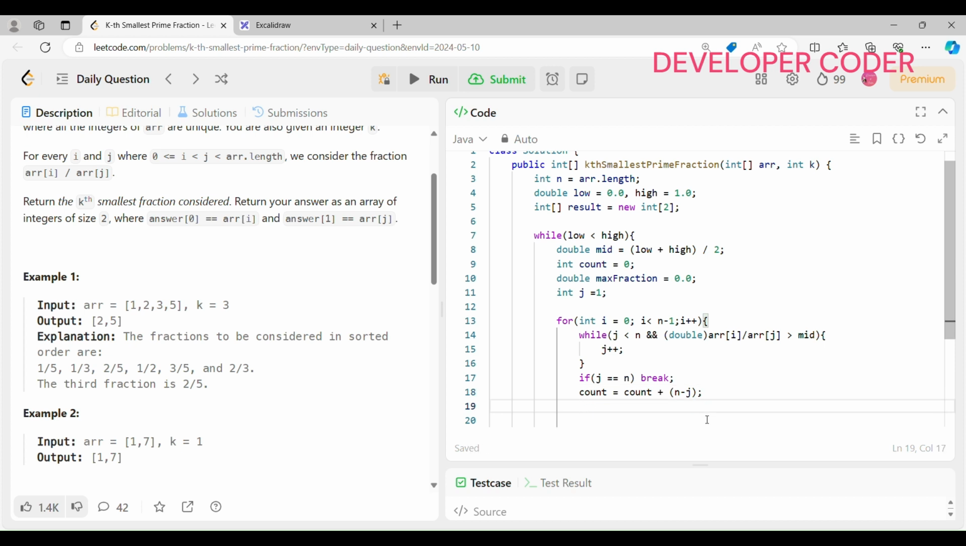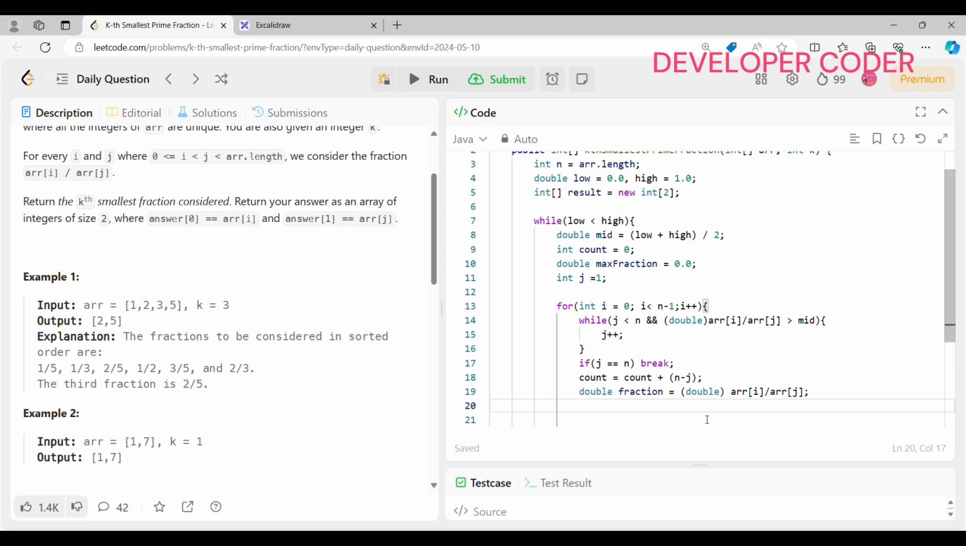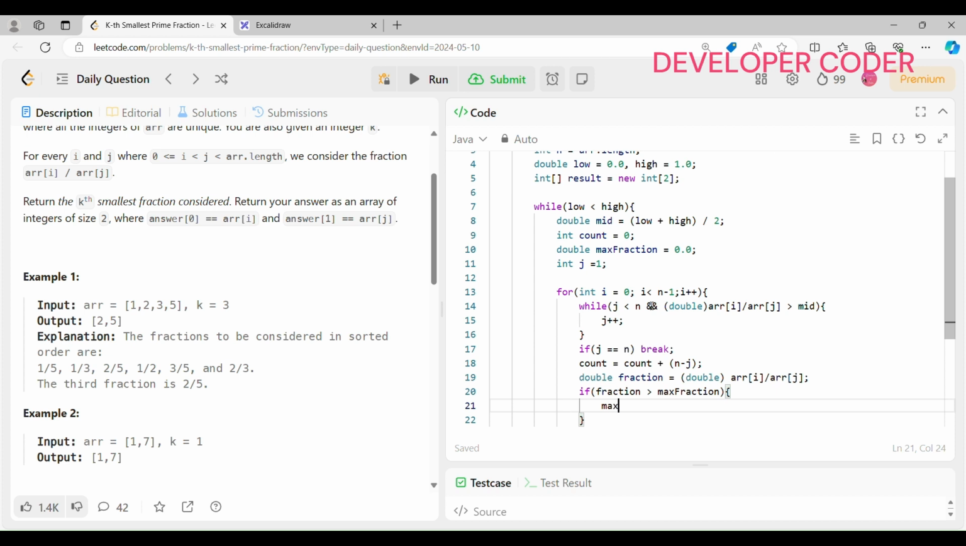So for that, I am creating one variable, double fraction is equal to double of array of I, array of j. This is how we are calculating the fraction, right? Array of I, array of j. And inside this, I am writing if this fraction is greater than my max fraction, then I am updating my max fraction as my fraction,